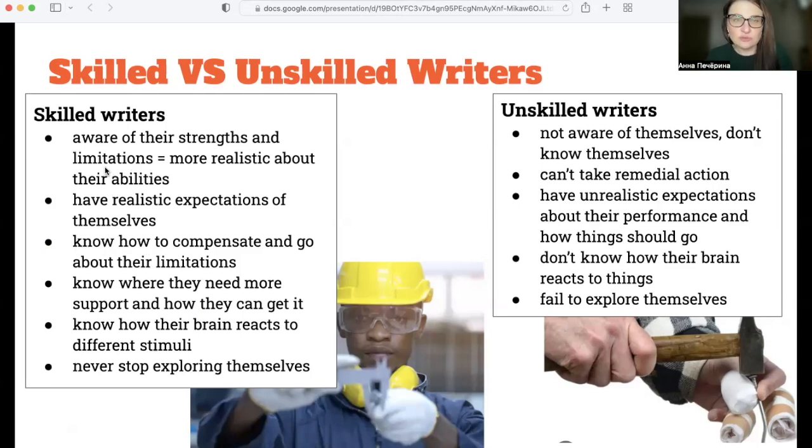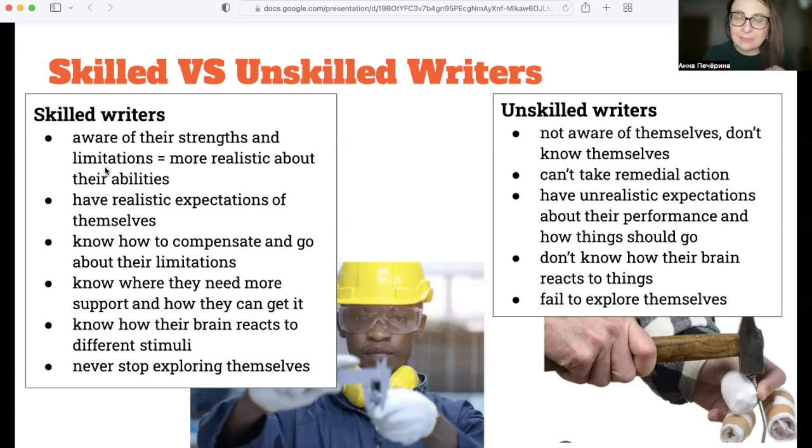When I write, for example, I make a lot of repetitions. I repeat vocabulary and I use the same word from sentence to sentence, and I know about this because I free write a lot. I know that this happens and I'm okay about that because I know that later I'm going to return. I'm very good at editing and I will edit what I have written. So I'm relaxed about that, right?